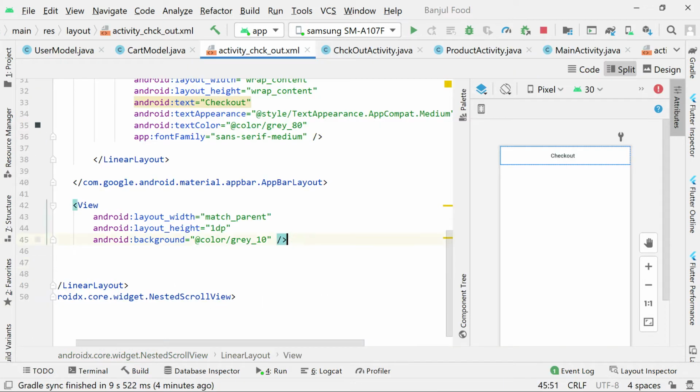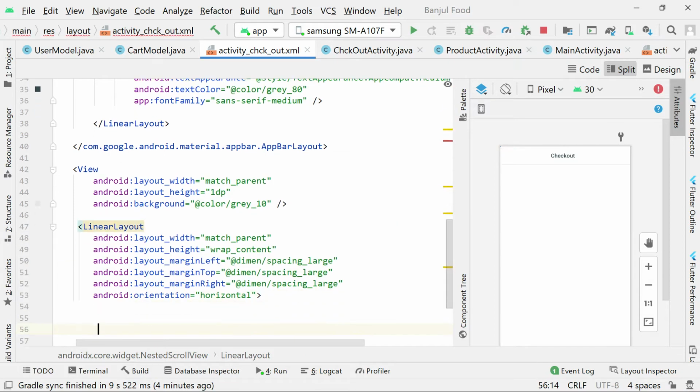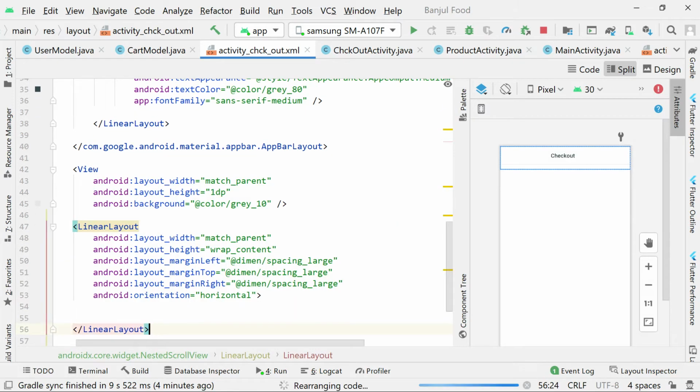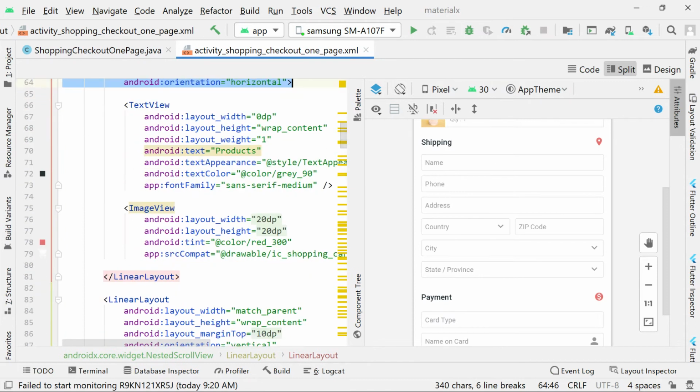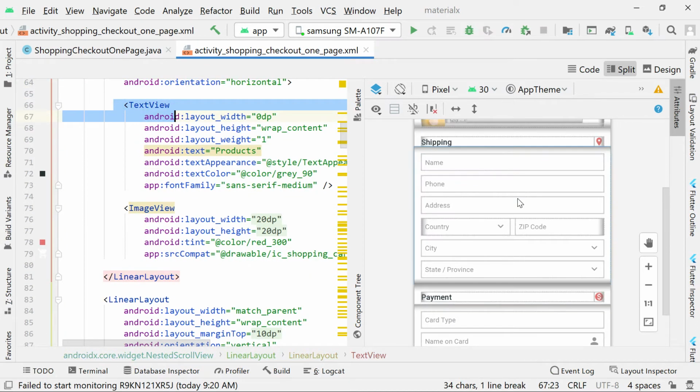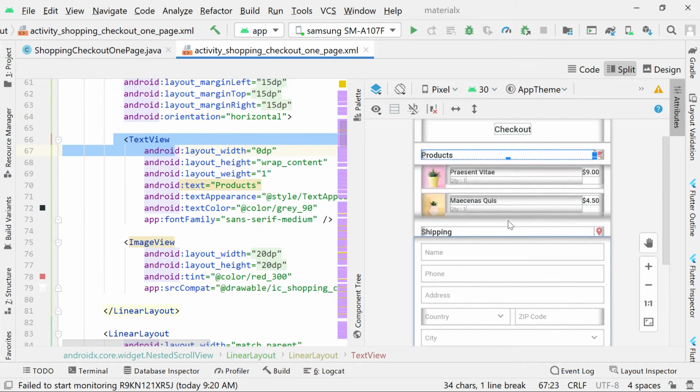So after that, I'll come and put here a linear layout and make sure that I close it. It's having width of match parent, height of wrap content, margin left of spacing large, margin top spacing large, margin bottom spacing large, and also orientation of horizontal. Then inside that linear layout is where I'm going to put the what? I'm going to put this